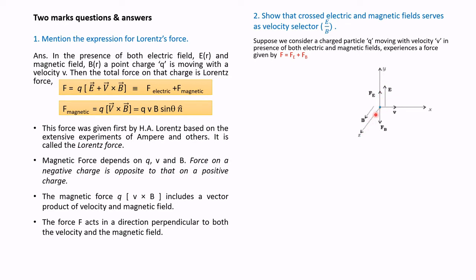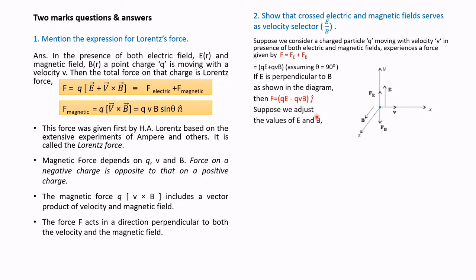All these quantities are perpendicular to each other. That is, the force is given by QE. QE is the electric force due to the electric field, and QVB is the magnetic force, assuming theta is 90 degrees. If E is perpendicular to B as shown in the diagram, then F is equal to, within brackets, QE minus QVB. That is, FB is downwards. So FB is downward, then the sign of the magnetic force is minus QVB.